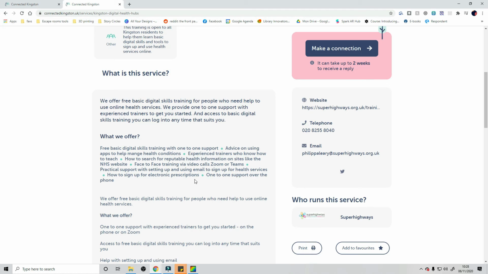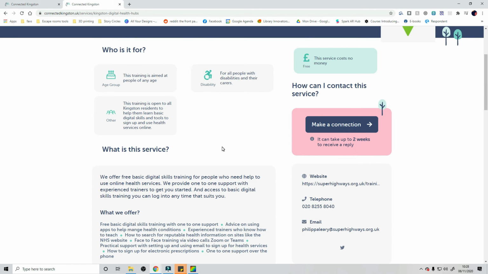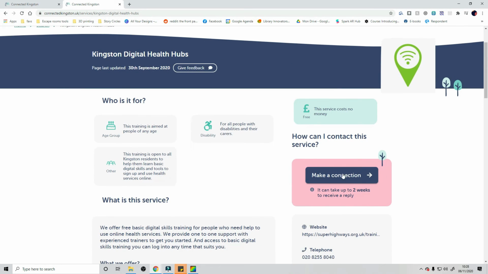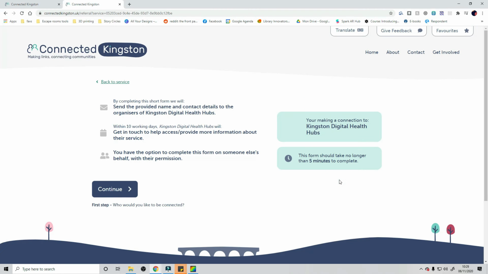And let's say I have a friend, I know he's not really very digitally savvy. I'm just going to refer him to the website and he's going to be contacted directly. So here you see I can click on make a connection. You will only have this little button on the services that allow you to refer some people. Click on make a connection, you will have a little explanation, continue.